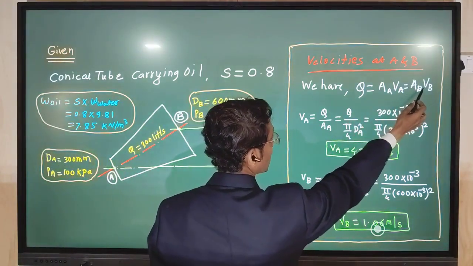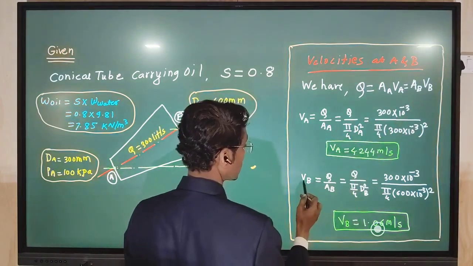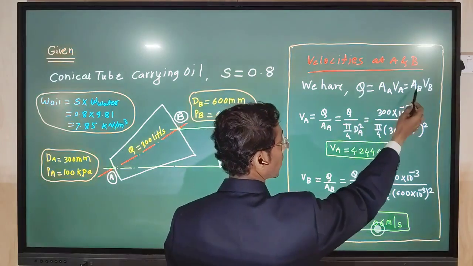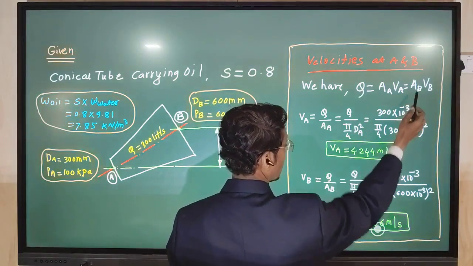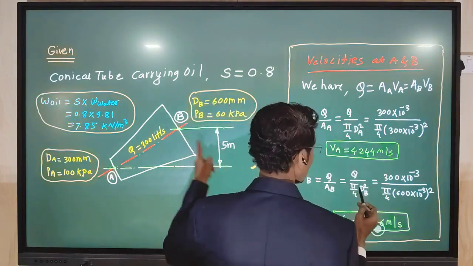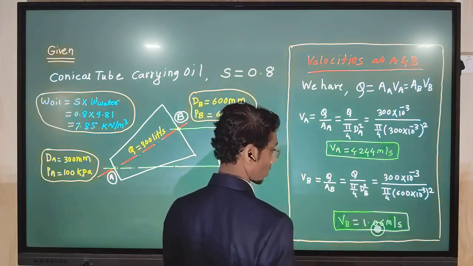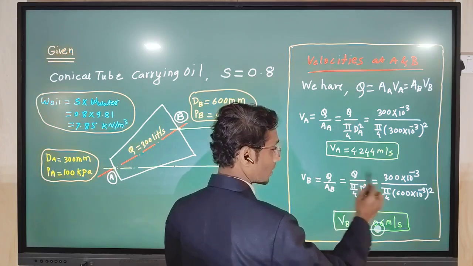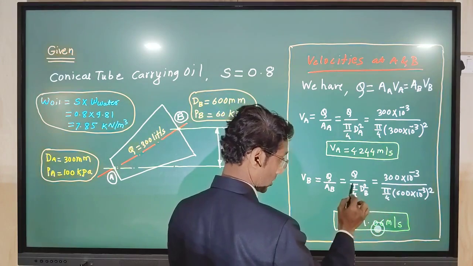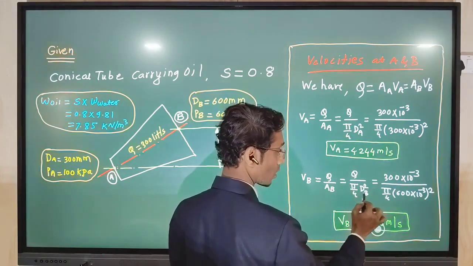So writing the equation for velocity at B, that is VB, is equal to what? Q upon this area AB. So Q upon area at section B, which will be pi by 4 dB square. Putting the value of discharge in meter cube per second, divided by area pi by 4 into,